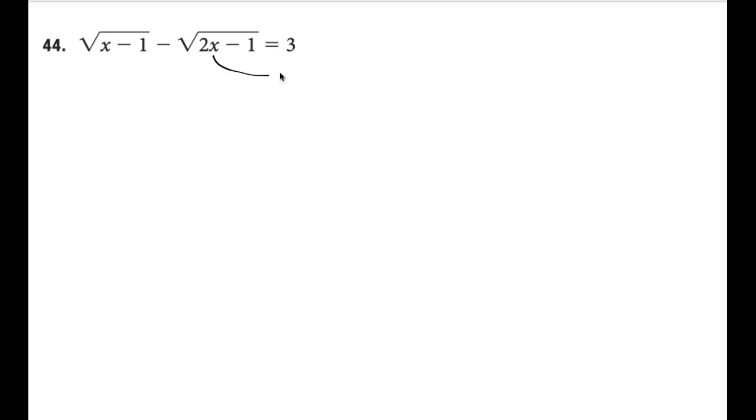So I'm going to move this over to the other side by adding it. So I get the square root of x minus 1, and if I add this to the other side, it goes away on the left and it ends up as 3 plus the square root of 2x minus 1. Now I'm going to square both sides,